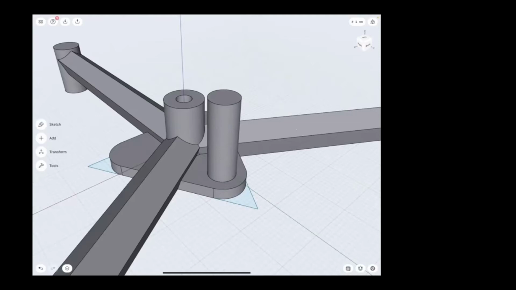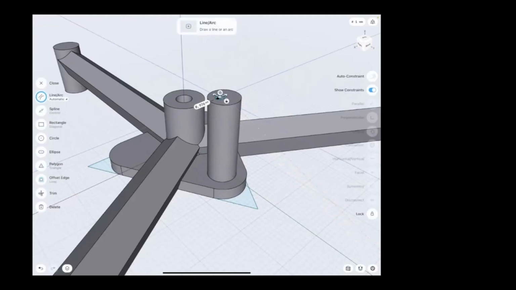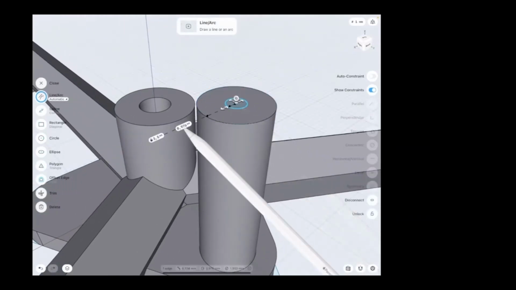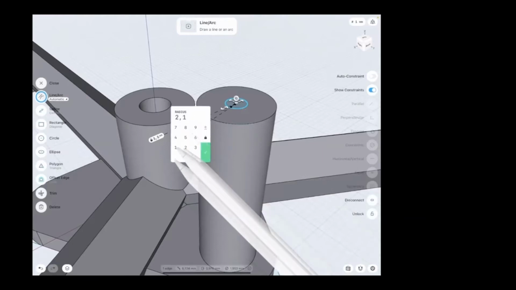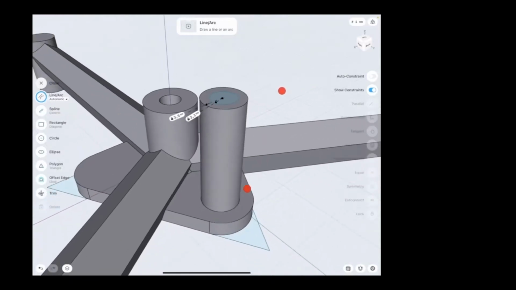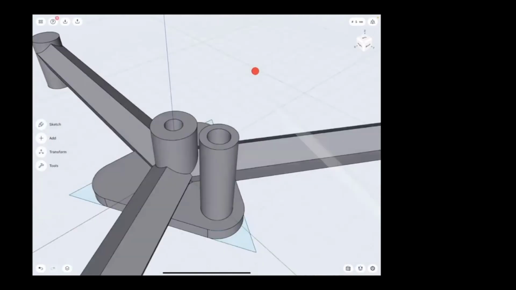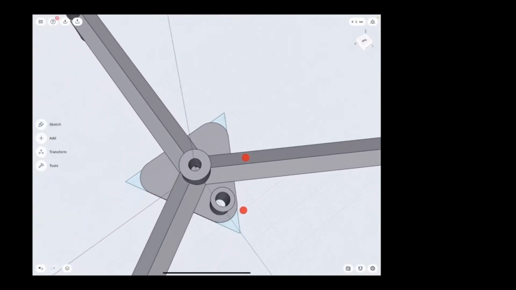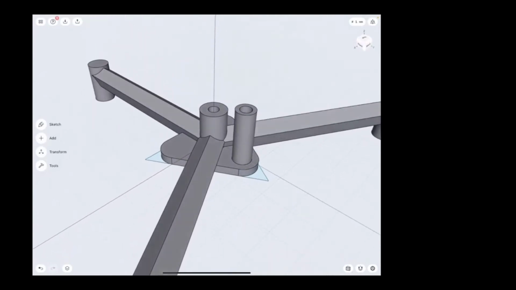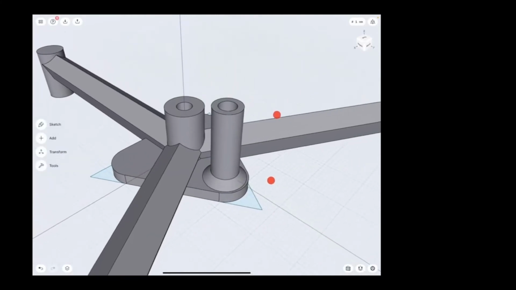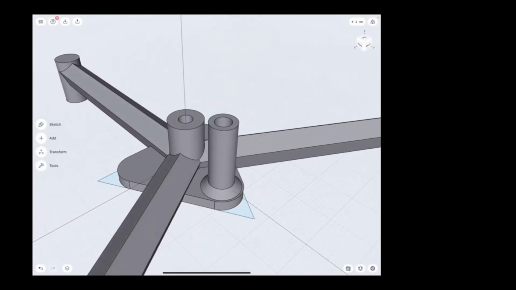So I'm gonna create another circle on the top face of that dome, constrain it to be concentric with the edge of the dome, and define a radius of 2.1 millimeter. Extrude in a way the cross-section results in a cut-through hole. And this is exactly what I was looking for in this case. Let me add some material by applying a chamfer at the corner, and then I can start to array this